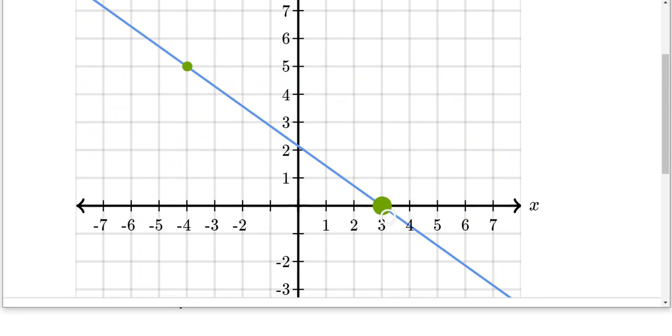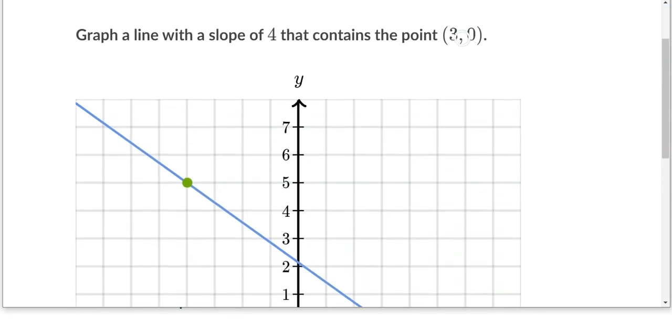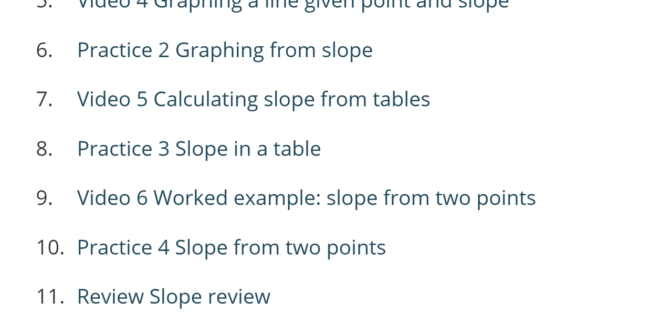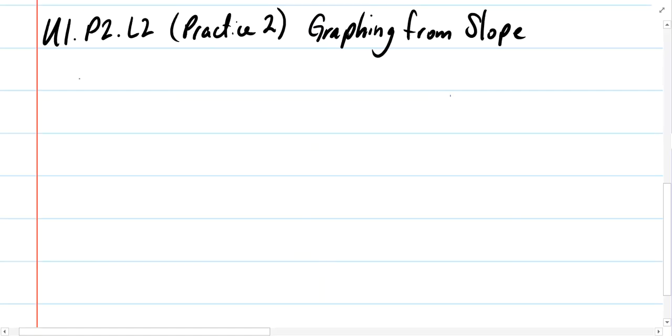This is the coordinate 3, 0 because it has an x value of 3 and a y value of 0. It's 3 to the right and 0 up from the origin. Now that we've got that original point plotted, we need to move our second point to another position that indicates a slope of 4. Now, what I would probably do on my notebook is indicate that,